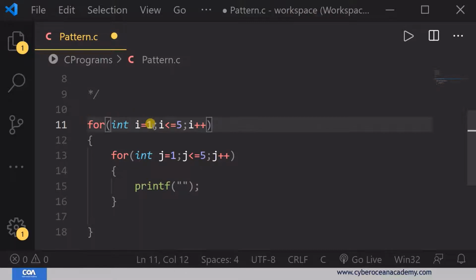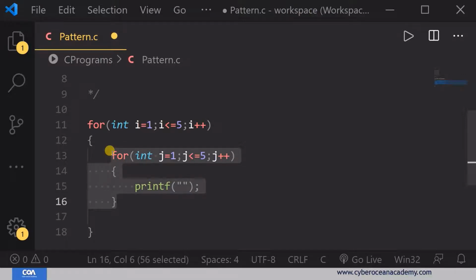This for loop will start, and the first step is initialization: the value 1 is initialized inside the variable i. Now it will check the condition i less than or equal to 5. If the condition is true, it will enter inside the loop. Inside the loop there is a statement, and that statement is a looping statement.